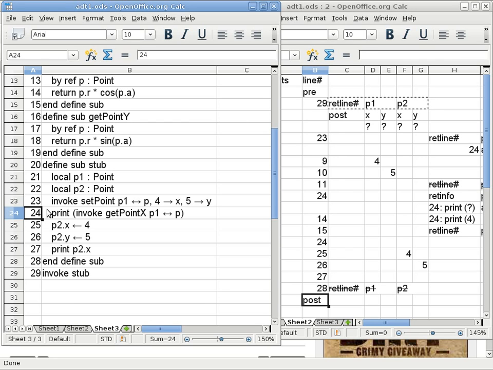Is that right? What about line 25 to line 27? Will they continue to work? They don't work anymore because P2 does not have the x or the y members anymore. They have the r and the a, the radius and the angle. Okay. But this is easy. We can just apply the same changes that we apply to those two subroutines to line 25 to line 27,